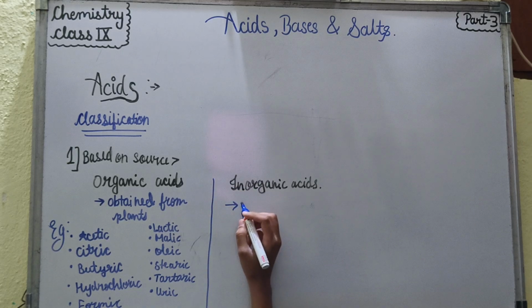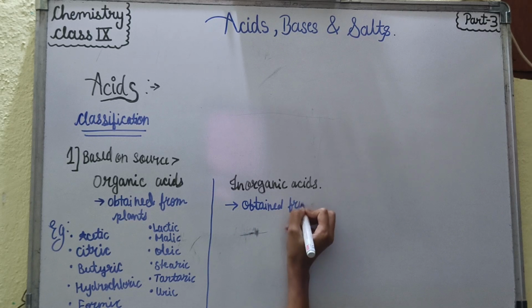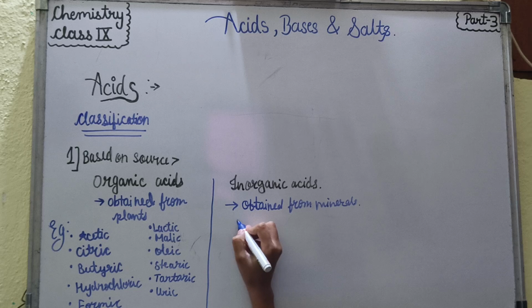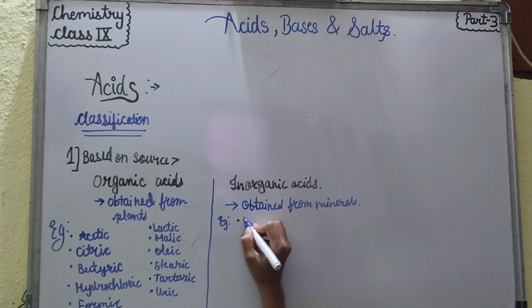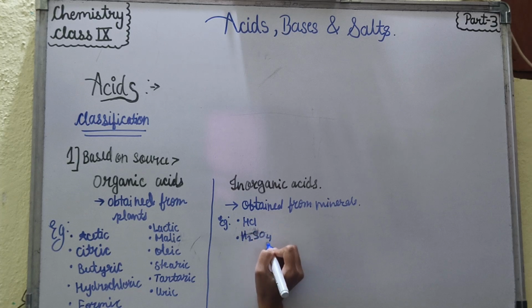Then next type is inorganic acid. Acids which are obtained from minerals are called inorganic acids. Examples are hydrochloric acid HCl, sulfuric acid H2SO4, nitric acid HNO3. Now the next topics are based on strength, based on concentration, based on presence of oxygen, based on basicity,